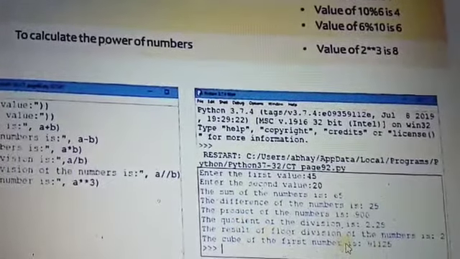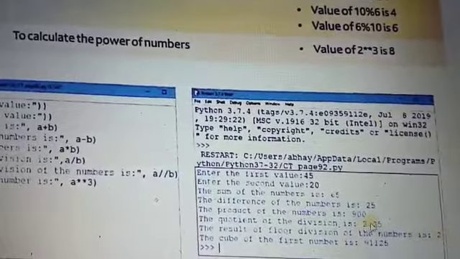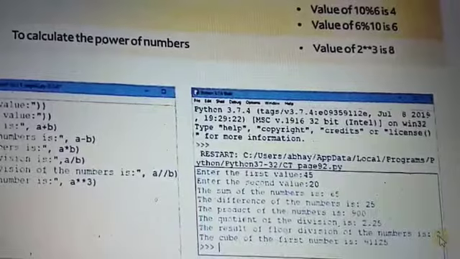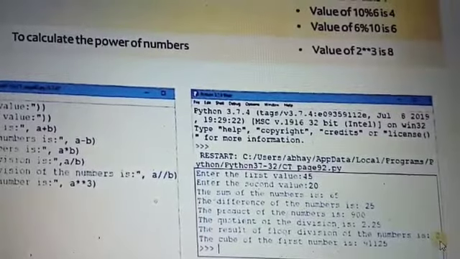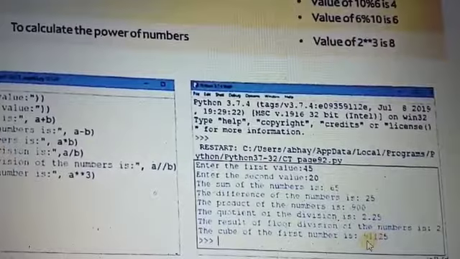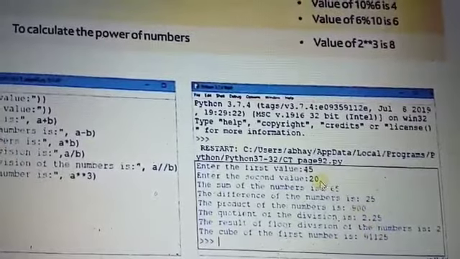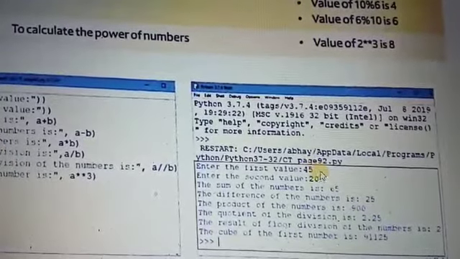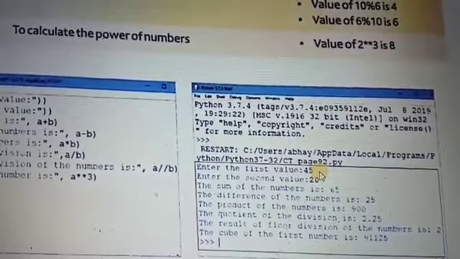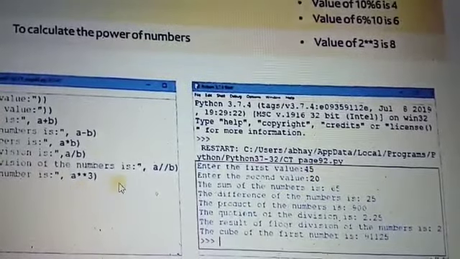The result of the floor division is 2 only; the decimal part is ignored when you use the double slash as the division sign. And the cube of the first number gives 91125, because 45 is multiplied by 45 and again by 45. That is the cubic operation.